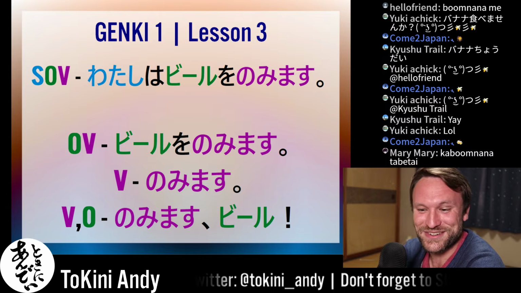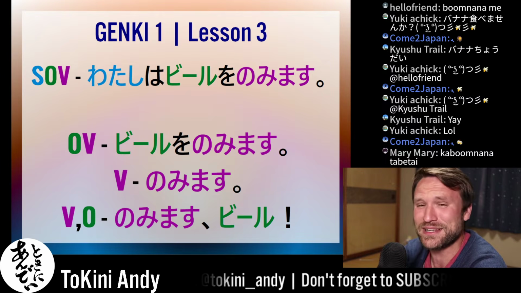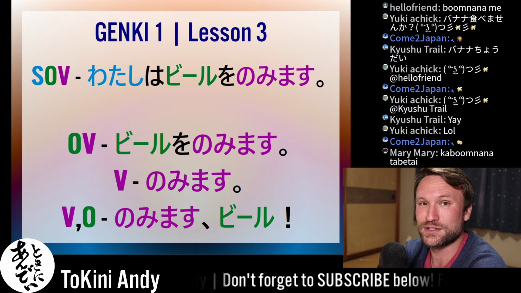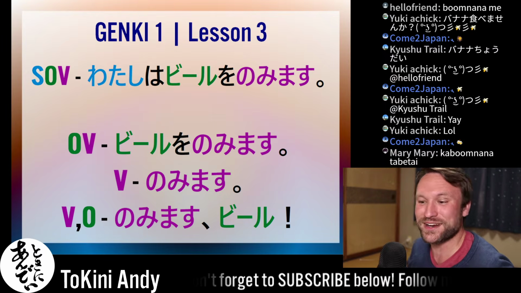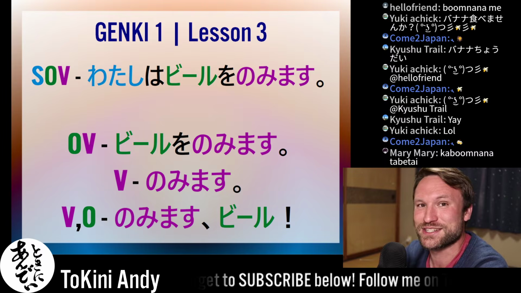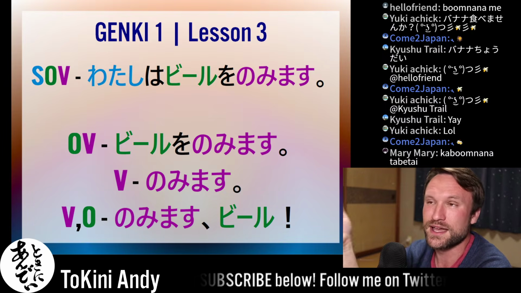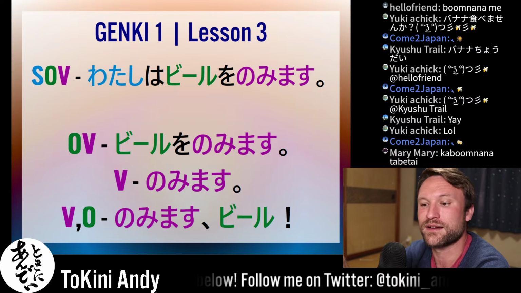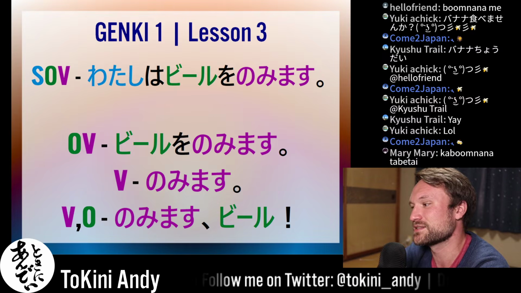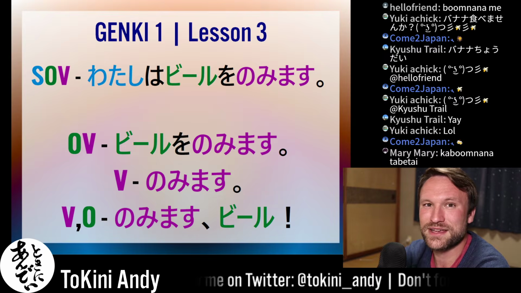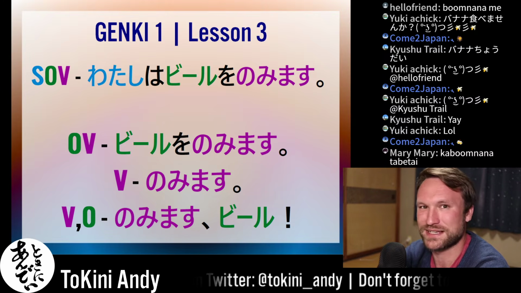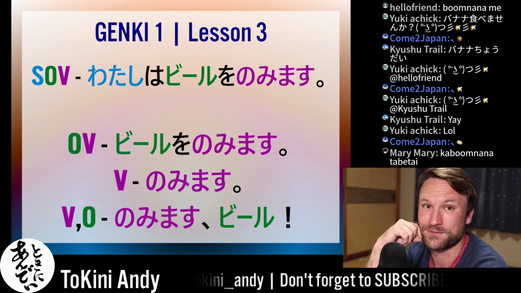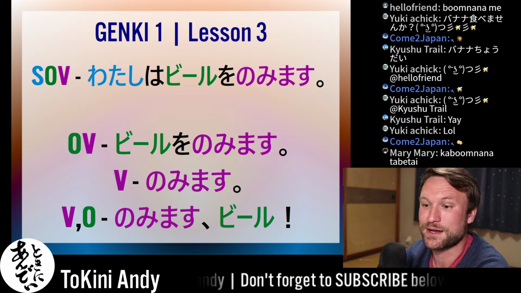And also, you could just totally flip it on its head and have verb, object, just like in English. It would be nomimasu biru o, right? So you can literally just throw all the words around. And that's partially because particles help with that, right? But also, it's very, very flexible, Japanese, which is nice. So another thing, you don't have to worry about that whole order. It's pretty flexible, so don't worry about it too much.